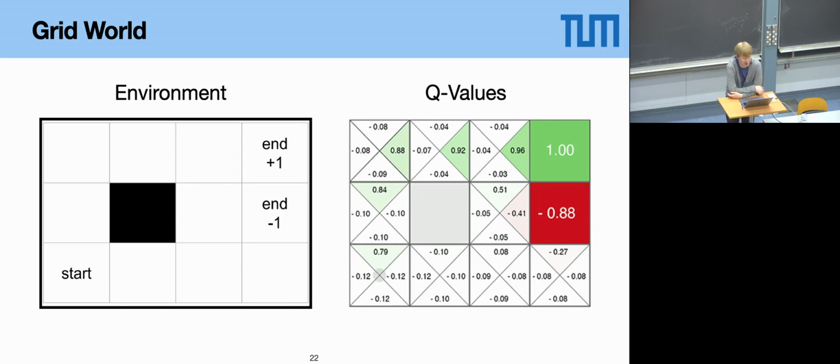So as I said, Q values are a function of states and actions. The states are the fields here, and the actions are the four directions on each of these fields that you can go. And if the thing is halfway decently trained, then you can just follow the big numbers, and then you will arrive at the best goal field. So the green gives you a reward of +1. So far so good.